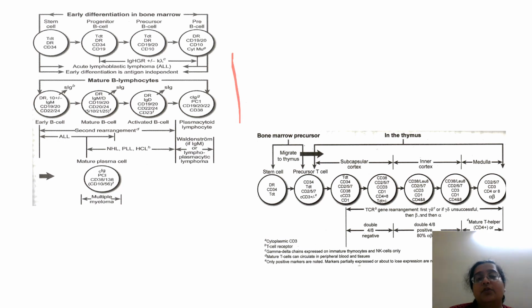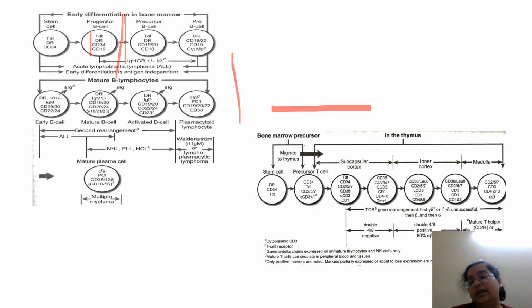Okay, this chart is given in Washington Manual of Surgery. Why I like this is because in acute leukemia, as the cells mature, there is some mutation at one point, and where the maturity stops and the mutation happens, that immature cell proliferates and becomes an acute leukemia. So the flow markers depend on what stage the maturity stopped at and those cells proliferated. So if it is a progenitor B cell leukemia in acute ALL, then the markers that you will get positive are TdT, HLA-DR, CD34 and CD19.